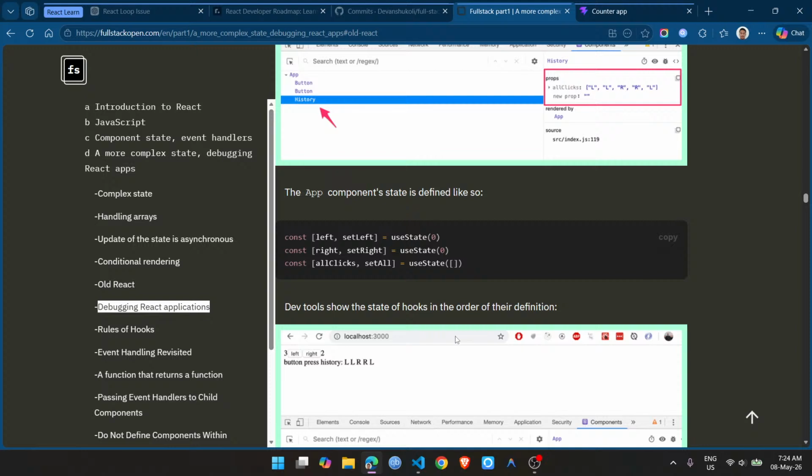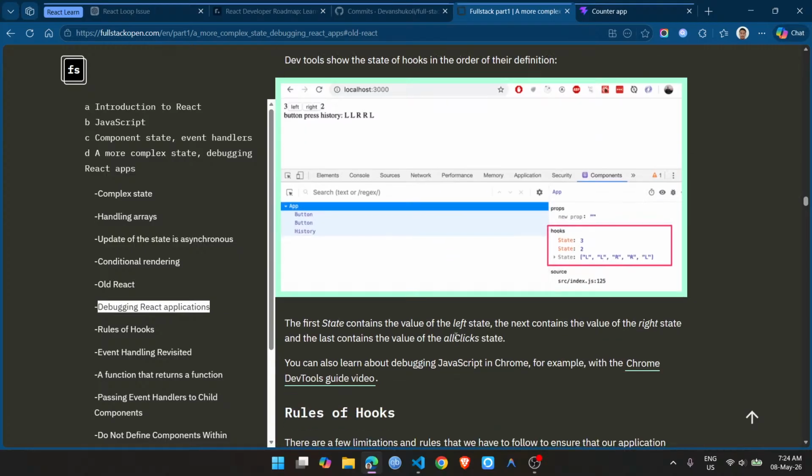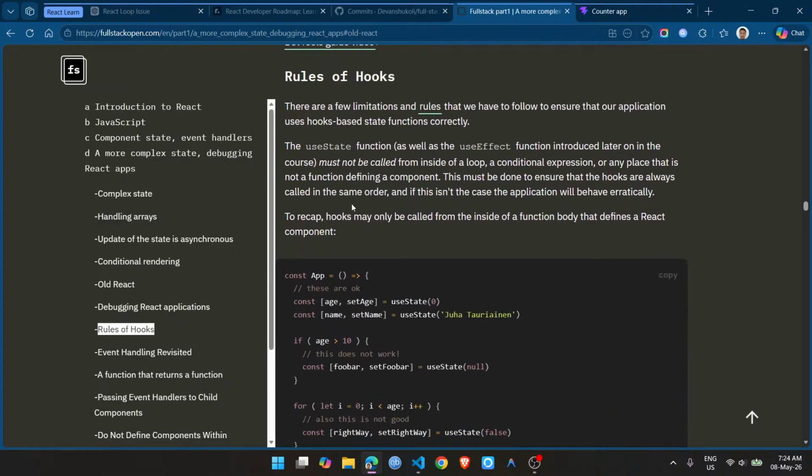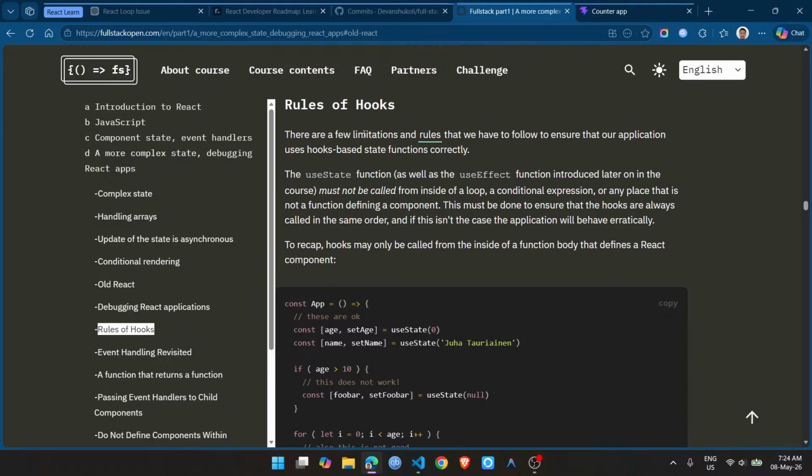Now, let's continue reading this. The app component state is defined like so: left, right, and this. DevTools show the state of hooks in order of their definition. The first state contains the value of all left state and so on. Let's jump into the rules of hooks. There are a few limitations and rules